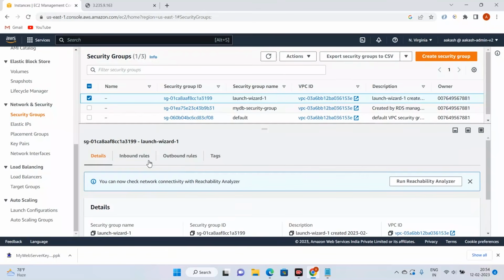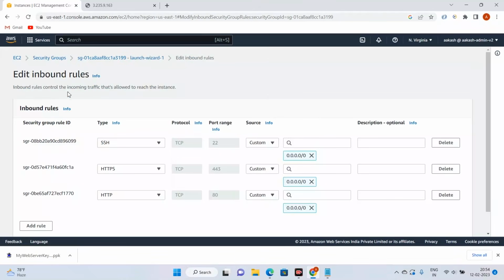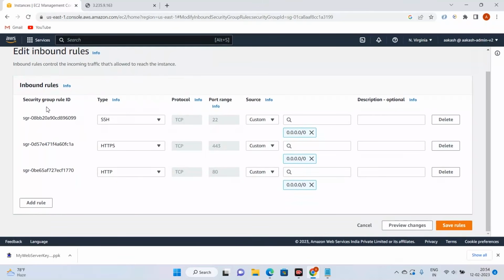Now to have a good look, let's go to the inbound rules and click on edit inbound rules. In the inbound rules for the security group, there is certain traffic being allowed. For one, the SSH traffic. You can select the type of traffic that you want, for example SSH, and the protocol is TCP, port range is 22 obviously. Then for the source, you can select a couple of sources, such as IPv4 anywhere, IPv6, my IP,